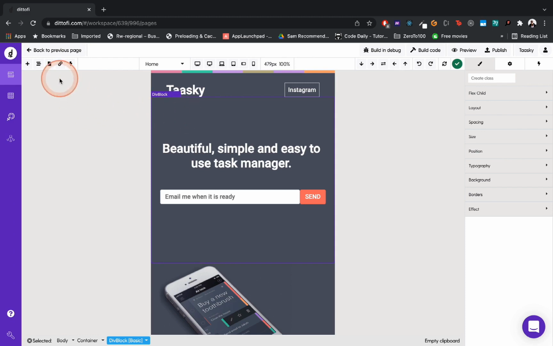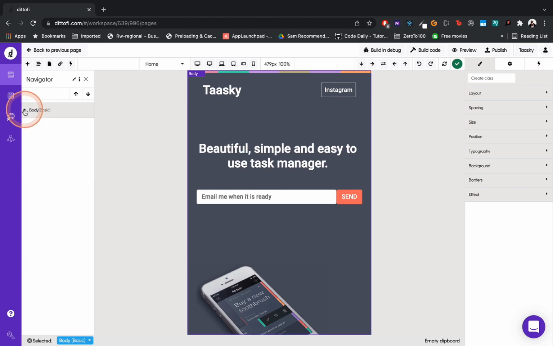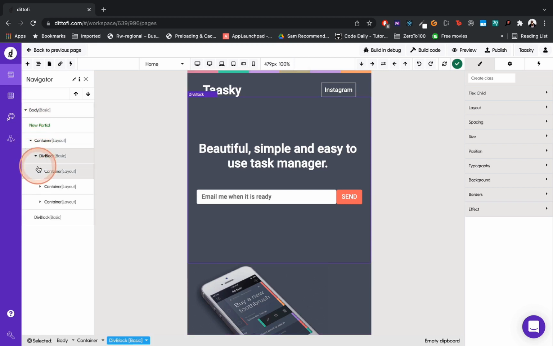The second icon that you see here is the navigator. The navigator will show you how the components are laid out in your app. We call it the component tree. As you can see, every single time when you start an application, you are going to be given a body component, and that body component is going to have a division or a section that's going to be empty. And it's going to be up to you to add more components to make your page the way you want to make it. So in here, if you collapse it, you can see, and if you expand it, you can see the structure of the components that make up this page.